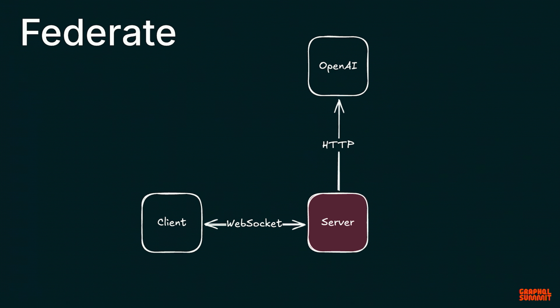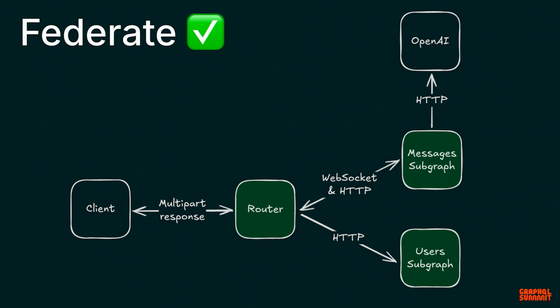But our company is growing really successfully, and we need to split this up between multiple teams because they want to use Rust, and we're a Go shop. And we want to operate independently. So we have microservices. We separate this out into a federated graph. We've got a messages subgraph or service and a user service. And the router opens up